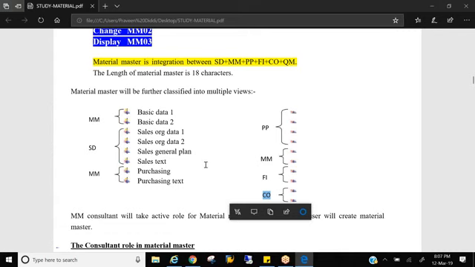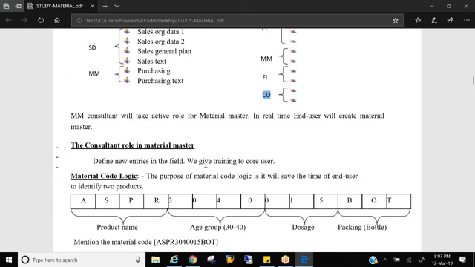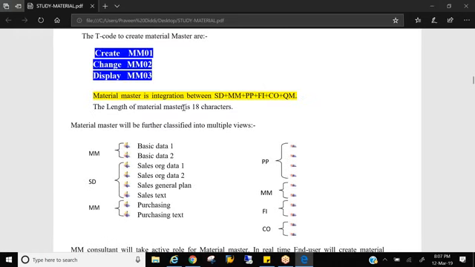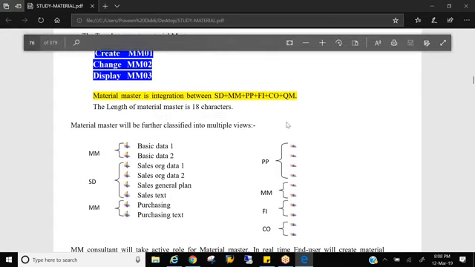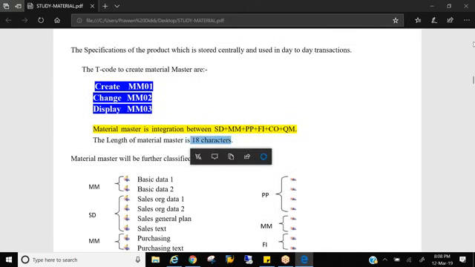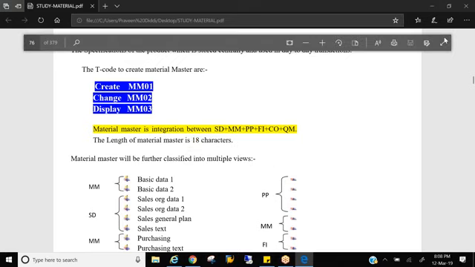And material master is of 18 characters. At the time of customer master, I haven't told you specifically what the customer master length can be, right? So customer master length can be 10 characters. Material master is 18 characters. Why am I specifically telling you this now in the material master? Because in S/4HANA, we have some business impact of this particular character length. In the ECC, the material master length